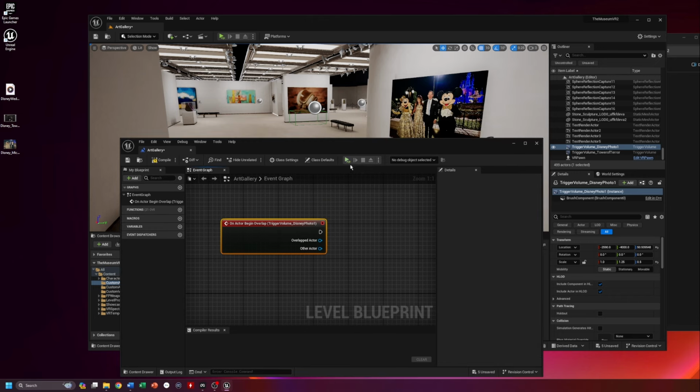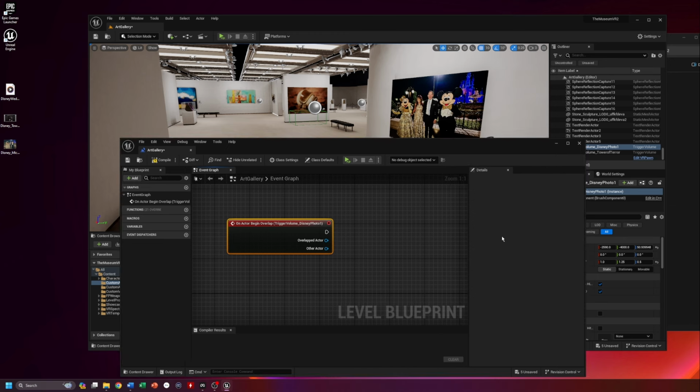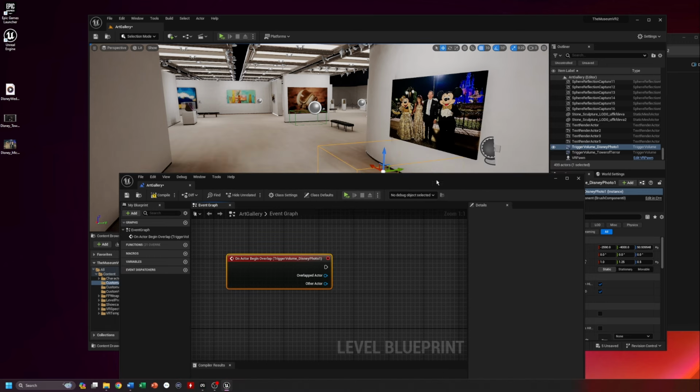Now, what do we want this to do? You'd have to read a lot of documentation or watch a lot of videos like I do, or take some courses like I have to figure out what these are. And it's probably one of the downsides of Unreal is, with great power comes great responsibility, to quote Spider-Man. The one that we want to add here is